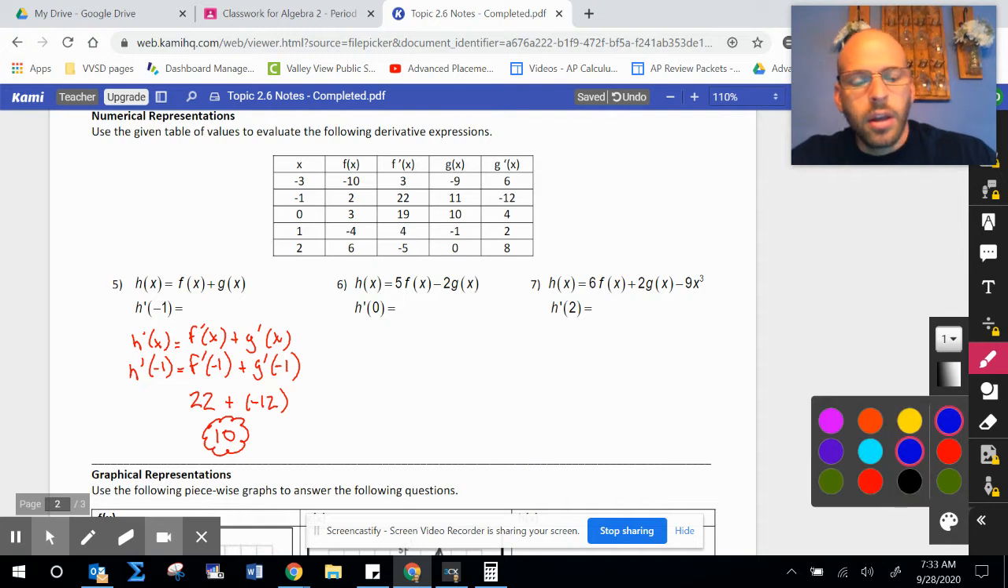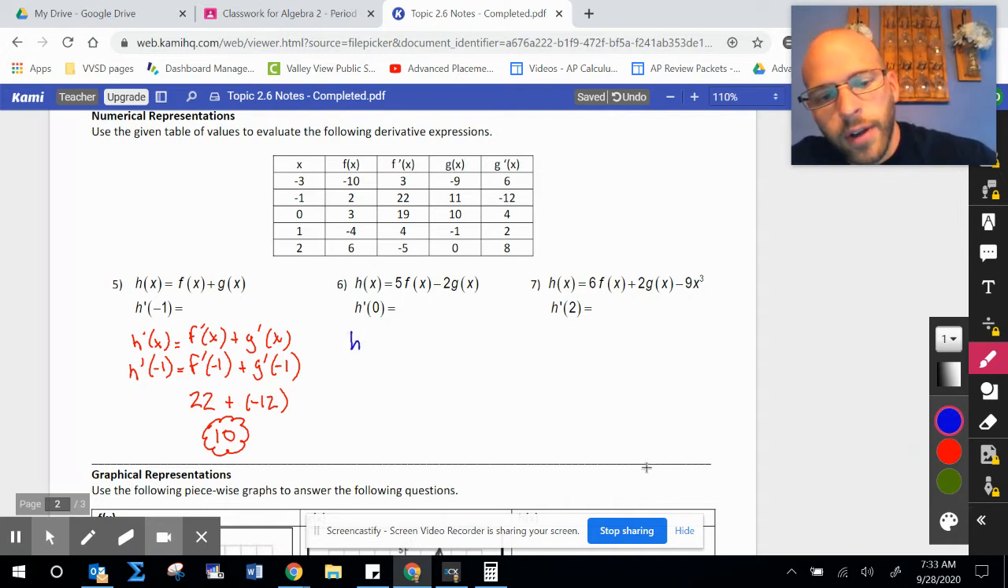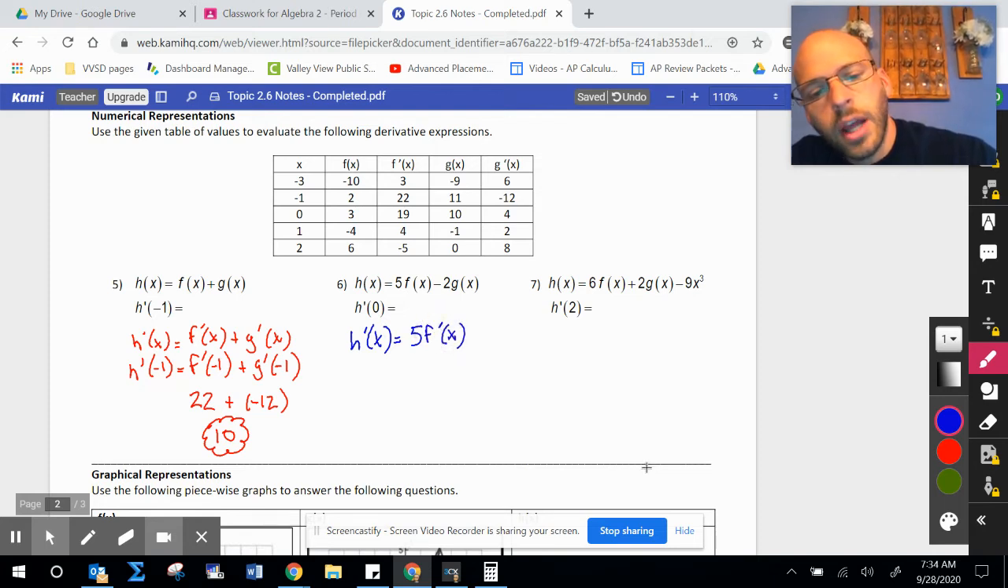All right. So let's do the same thing for the next one. I'm going to start by finding h prime of x. So that would be 5. Well, that's a constant multiplier. I don't need to take the derivative of the 5. But I do need to take the derivative of f minus the 2, same, that's a constant multiplier, times the derivative